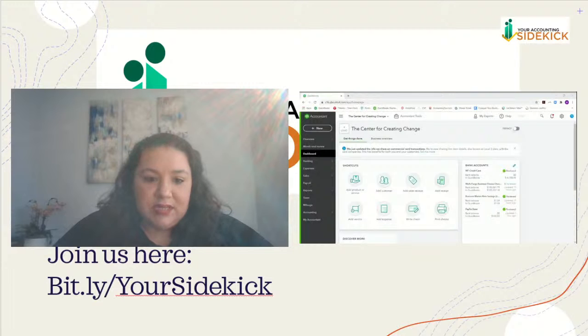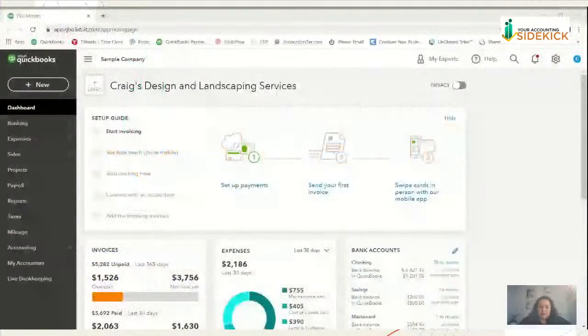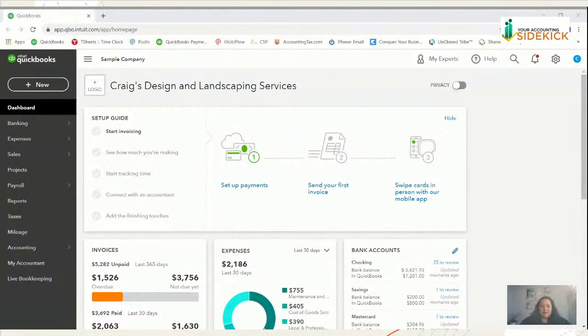I'm going to use QuickBooks Online to just kind of demonstrate what that would look like. Okay, so what that would look like in QuickBooks